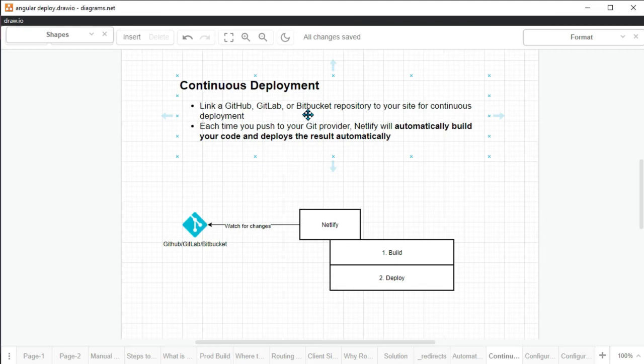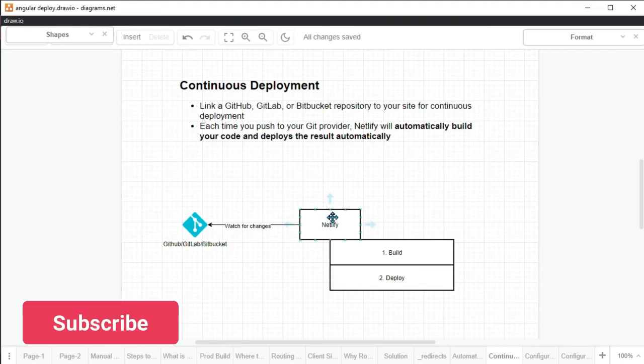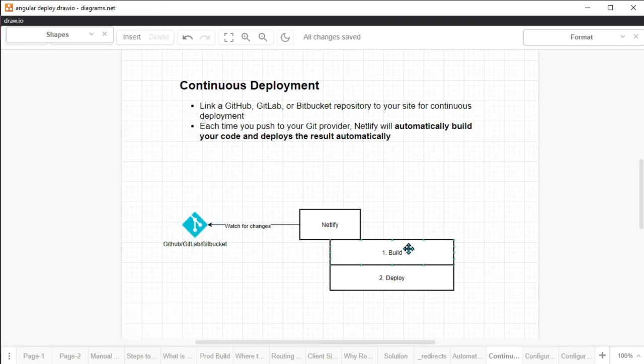By enabling continuous deployment on your Netlify site, you can link any of your GitHub, Bitbucket or GitLab repositories to your Netlify site, so that whenever you update the code hosted in the production branch of that repository, Netlify will automatically run the build and redeploy the site for you, instead of you manually running the build and deploying. So here we can just focus on our code. Once we update the code, we need to push that code to the production branch of our repository, and then Netlify will automatically redeploy the site for us. Okay, so that is what continuous deployment is all about.